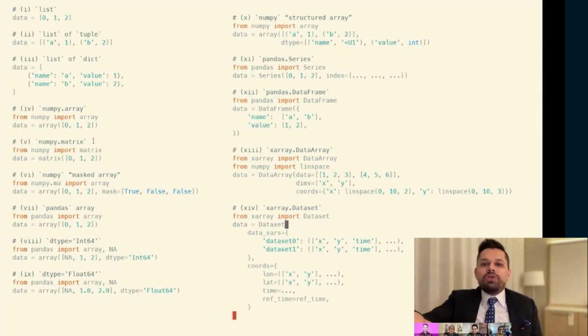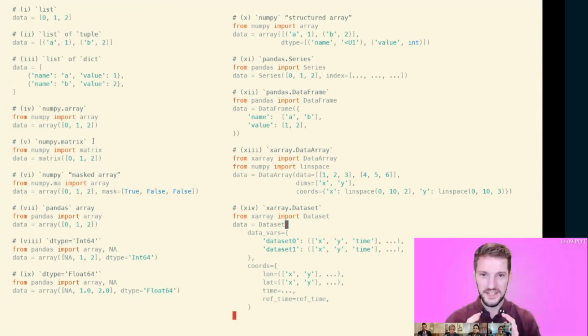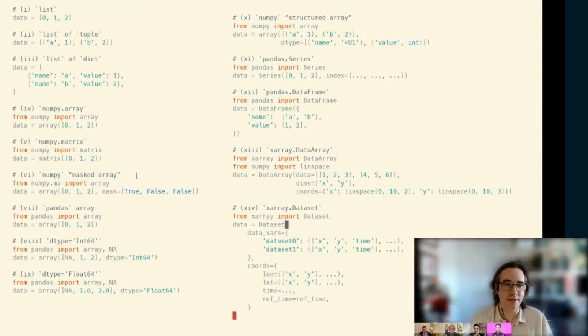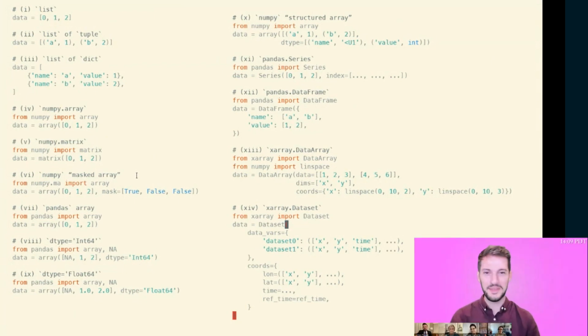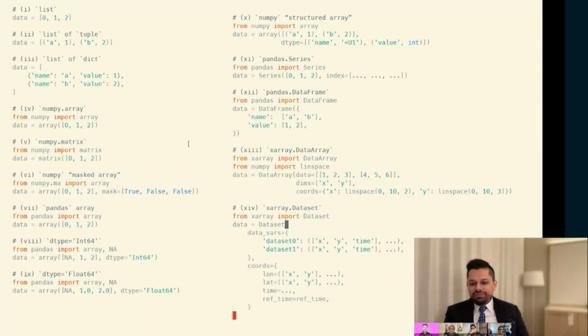How about we open it up to the rest of our host panelists to see if they want to try their hand at this game? Definitely. Matthew or Tom, is there anything just jumping out at you that you want to address? I would say you're missing my favorite data structure, which is a dictionary of NumPy arrays. Good old Pandas 0.01, right? So Tom, why would you choose that in contrast to one of the choices on the screen?